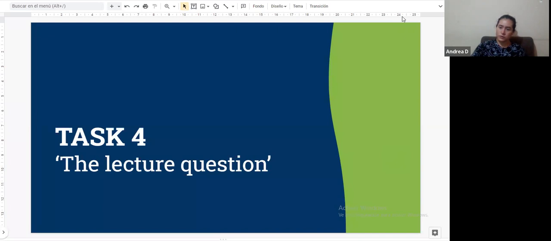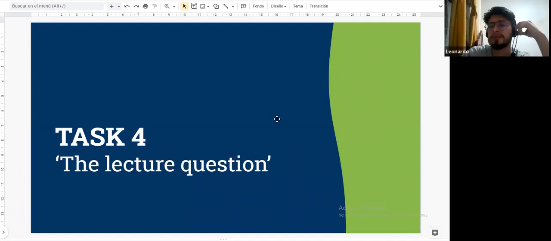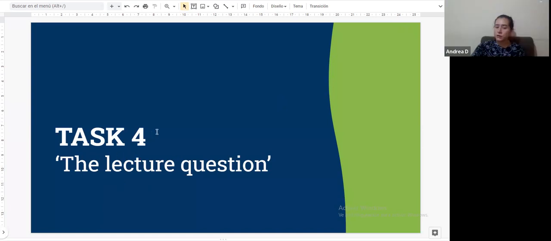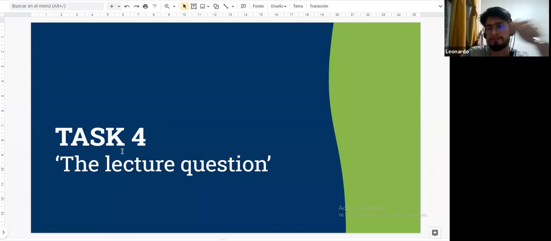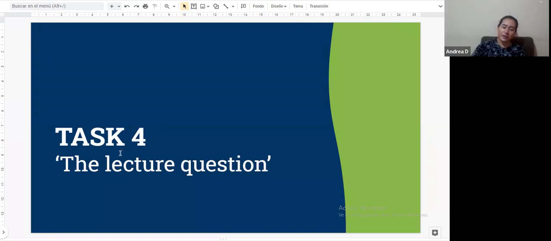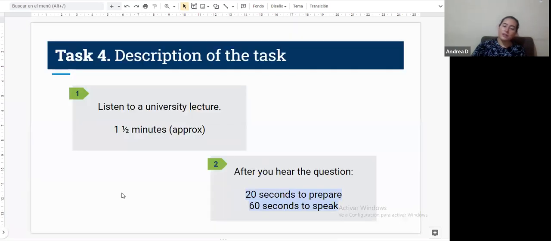No. What about you, Leonardo? Yesterday? Do you remember what task 3 looked like? What you needed to do in task 3 in the previous one? No, I don't remember. Okay. You guys needed to read an article, then listen to a lecture, and then summarize, right? That was task 3. So this one here is pretty similar to that, but the only difference is that there's